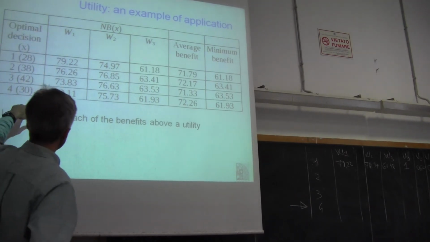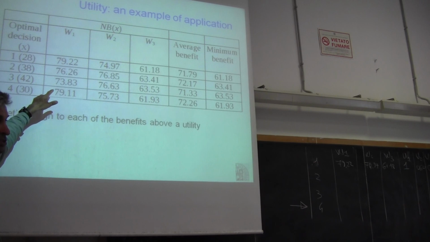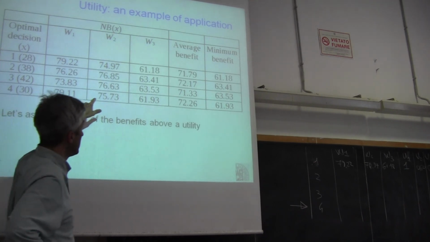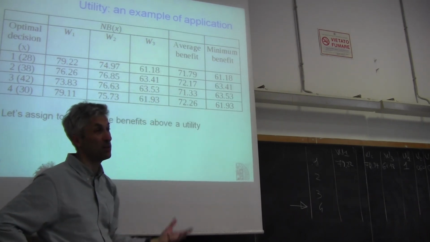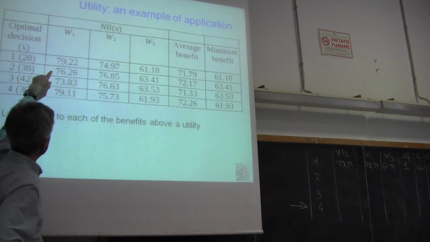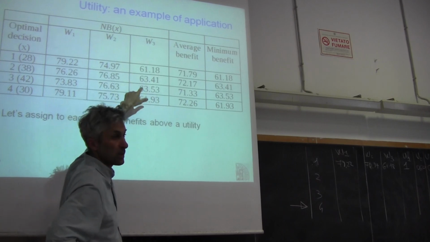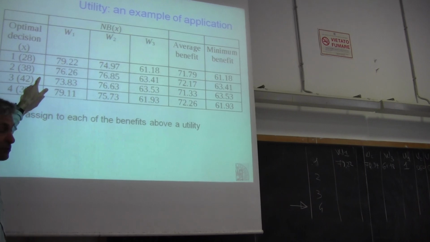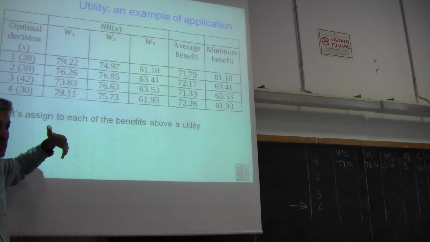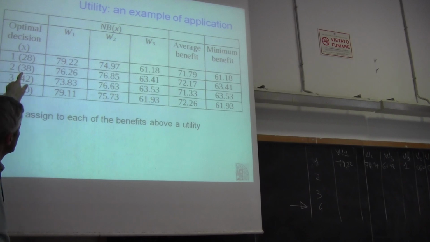If you look at this solution here, it gives a value of the maximum benefit that is close to the maximum, and on the other hand, it gives a lower value of the benefit that is quite low. If you look at the second decision, this would be more prudent because the lower value is higher than 61, but the highest value is lower than 79. If you try to change your utility function by giving a higher utility to the low values, you would see that